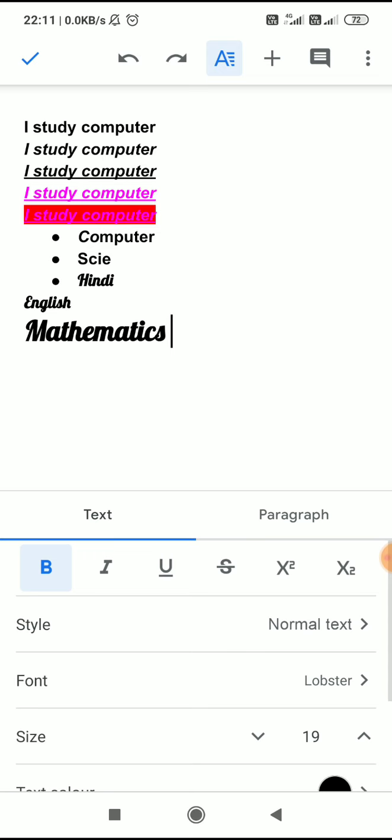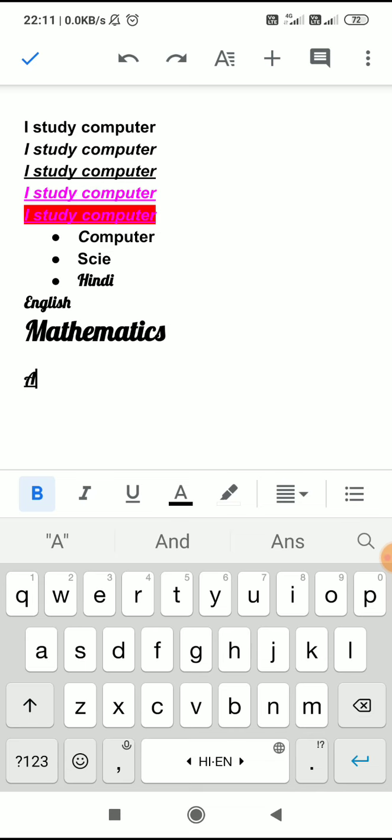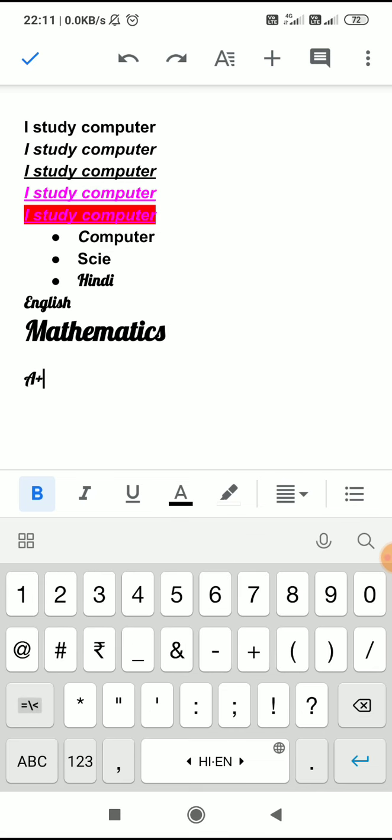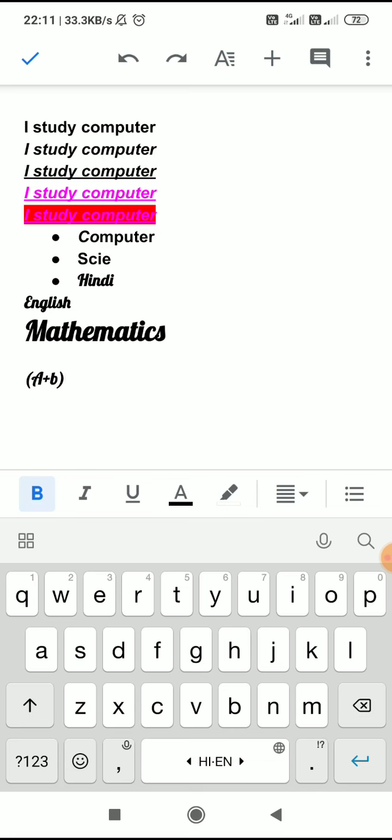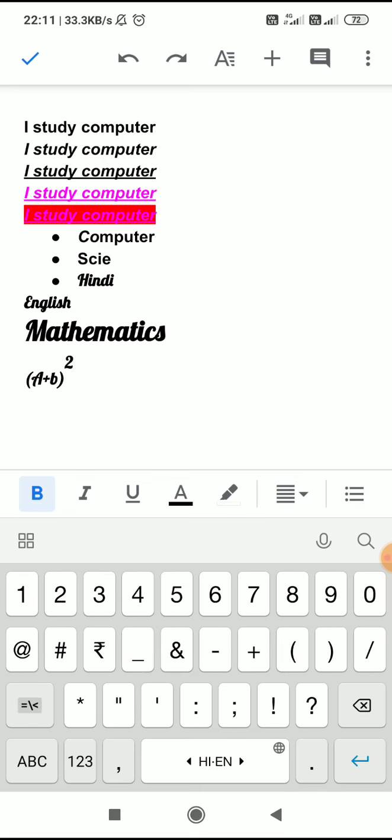So to add mathematical symbols, I will press this, okay, upper stroke, and this is for lower stroke. For example, I have to write x square, a square plus b square. Then I will select this a square plus b square within brackets. Then I will give the power 2. I will select this option. Whatever option I select appears on the screen, power 2 I am going to write here. So this way we can write mathematical equations also.